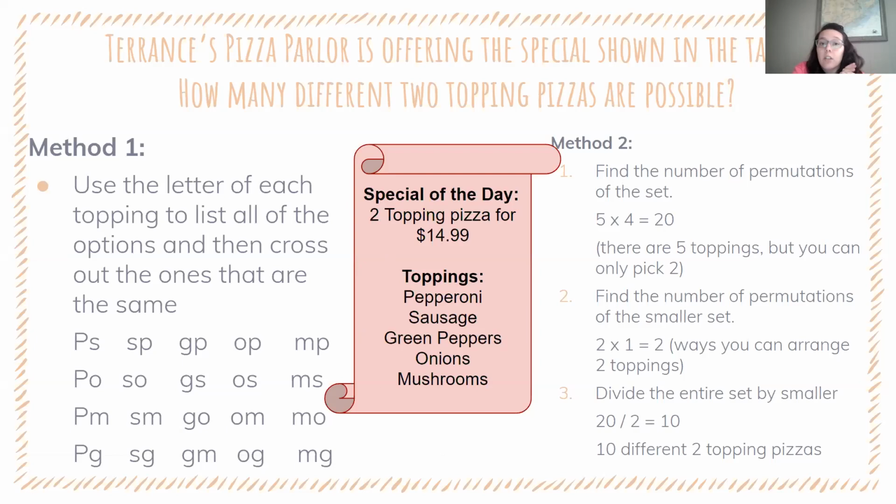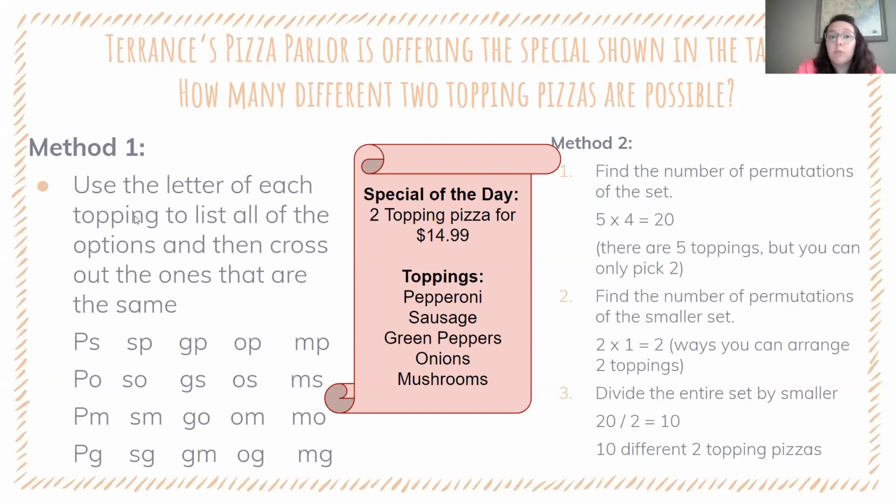So this is asking you to find a combination. It doesn't matter what order they're in. It's just asking you how many are possible. If I'm doing pepperoni and sausage and then sausage and pepperoni, that does not count as 2. It's still the same 2 toppings. Okay, so looking at method 1 first,